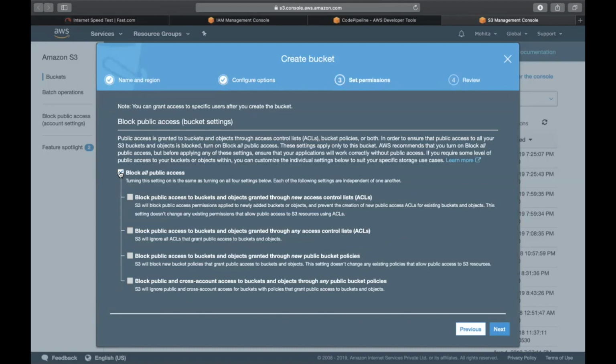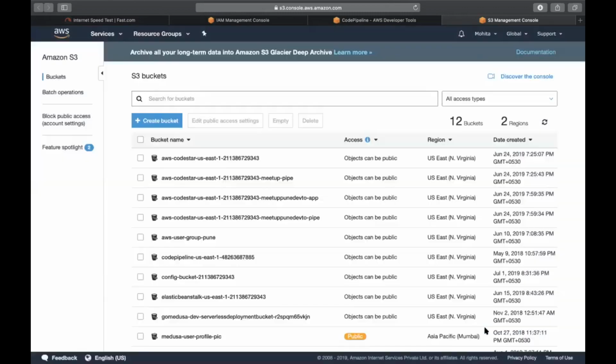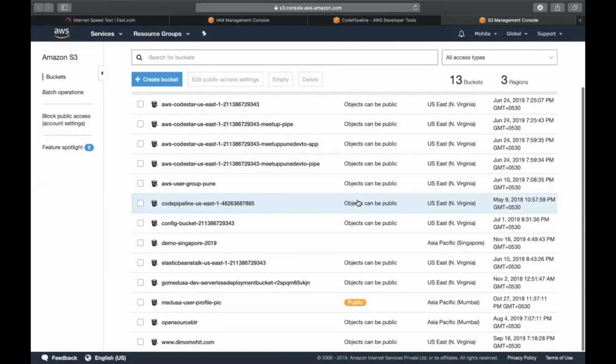And always remember that if you go to the next tab, AWS blocks any public access to your bucket. So for our demo purpose, since we want to see those files, we'll allow the public access, and we'll move to the next stage. We'll review it and we'll create a bucket. So yeah,